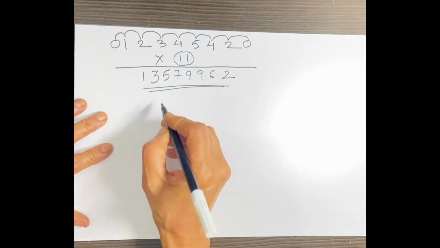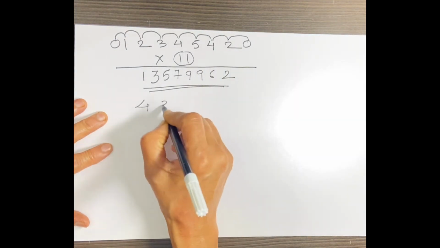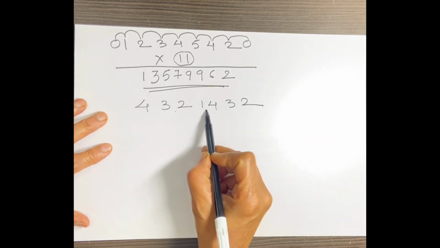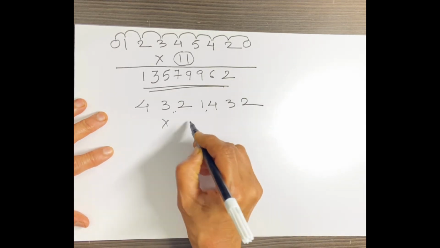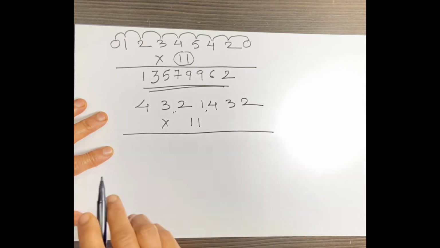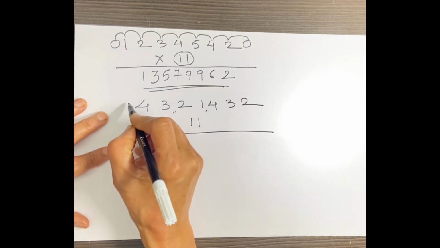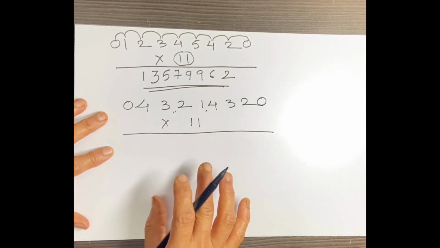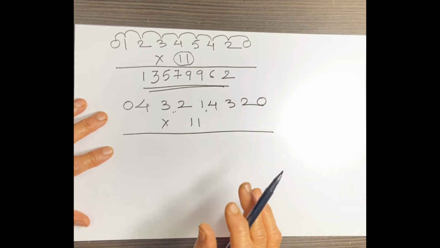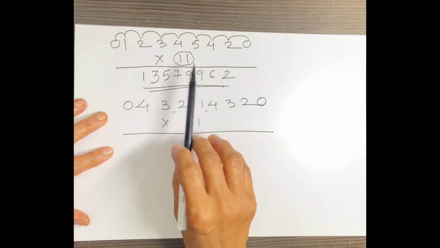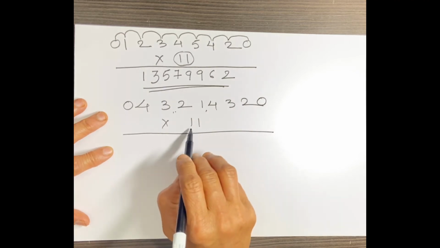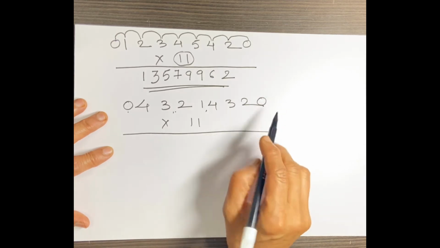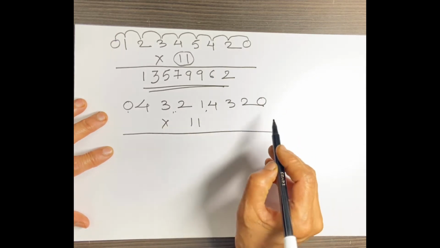Now one more example. Forty-three lakhs 21,432 multiplied by 11. Again first step is prefix and suffix the number by 0. This Vedic maths is conditional mathematics. So for every condition there will be different method. This is the method for only 11. First step, prefix and suffix the number by 0 and go on adding the numbers in pairs.